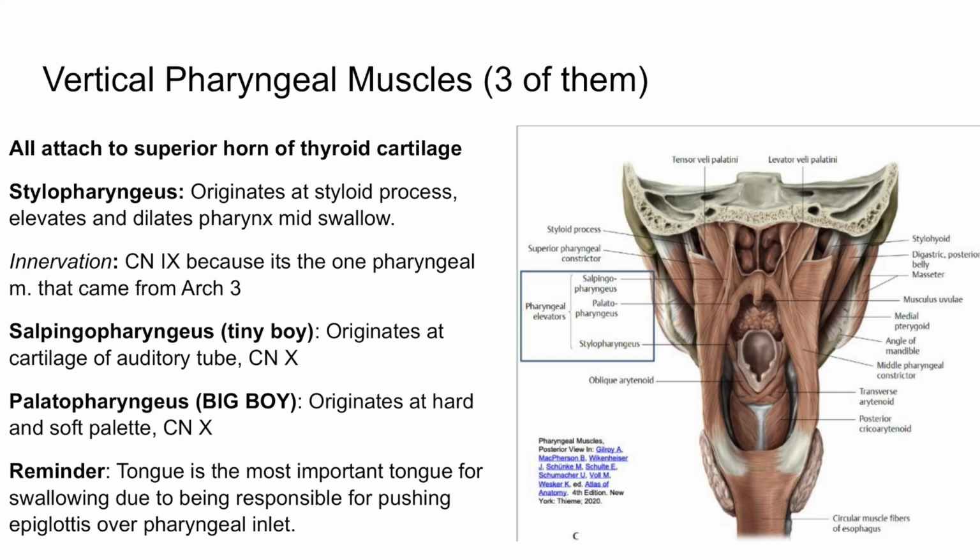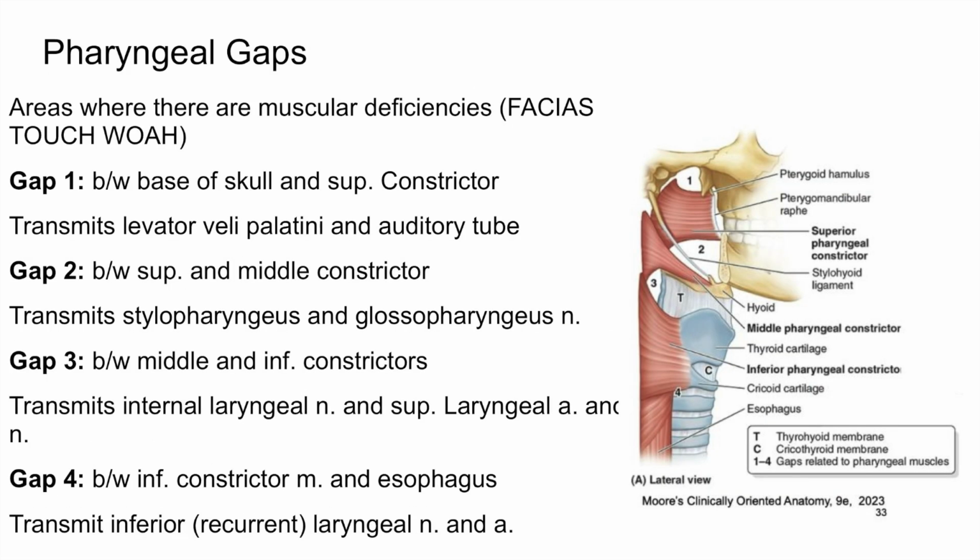So overall, these longitudinal muscles work together to elevate the pharynx, widen the lumen, and coordinate the passage of food, completing the downward propulsion generated by the constrictor muscles. The pharyngeal gaps are regions of relative muscular deficiency between the pharyngeal constrictor muscles, and they are clinically important because they serve as a passageway for key neurovascular structures entering or exiting the pharynx. Rather than being random weak spots, these gaps are organized and consistent, and each one consistently transmits specific structures,